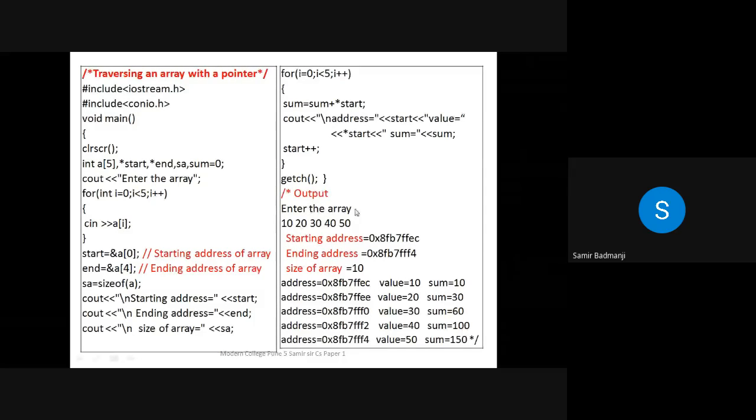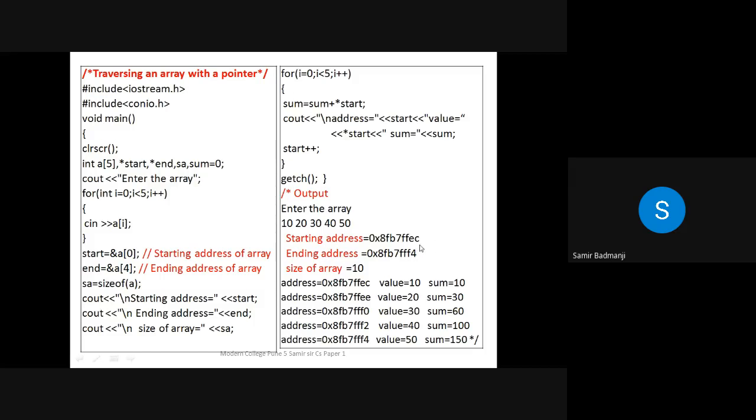See here, enter the array, starting address. Addresses are basically in hexadecimal numbers. So see the first address of the array, FEC, and next is FF4. See, usually array elements are stored in sequence. After C, there is another element called D. Same number, instead of C, there is D. And see, here it has come 4.